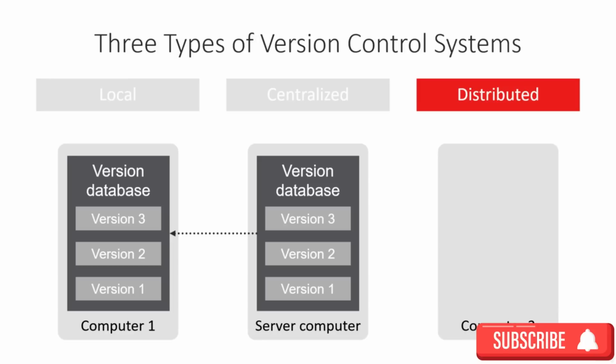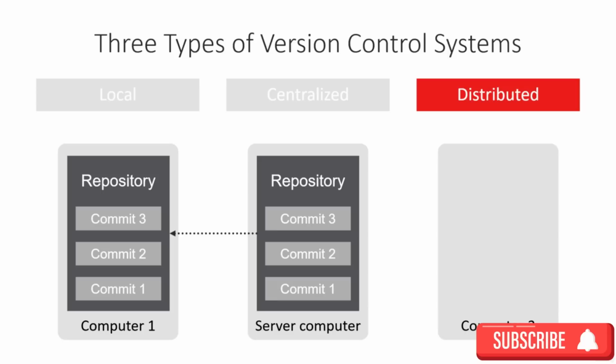Now, as I mentioned already at the beginning of this clip, Git is a distributed version control system. In Git, the version database is called a repository. The different versions are identified by commits. A commit means that you saved a change of your source code. When you copy the repository from the server to your computer, it means in Git terms that you clone the